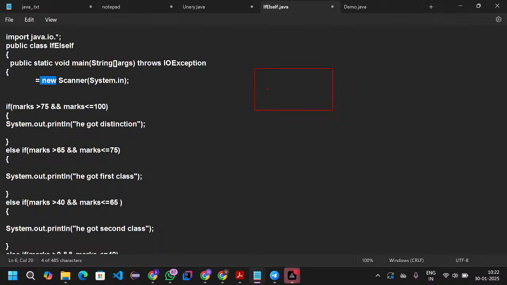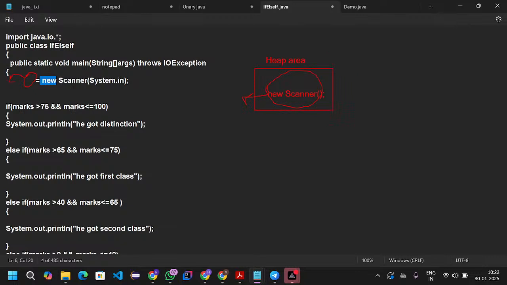The object name is Scanner. new Scanner: the object got created inside the heap memory. This is the heap area, and we cannot reuse the object directly anywhere. So that is the reason we again store this object in a reference variable. Here we mention the reference variable, and